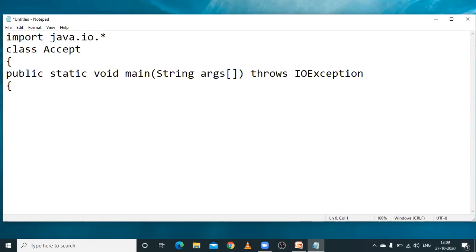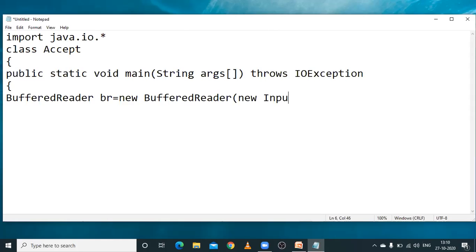So first of all, we need to create a BufferedReader class object. For that, we use BufferedReader br equals new BufferedReader of new InputStreamReader of System.in.